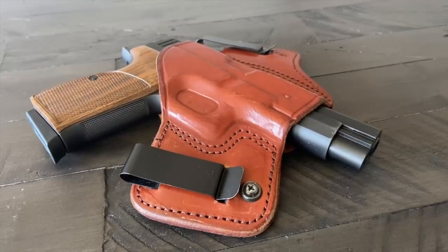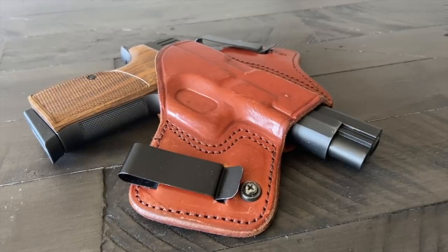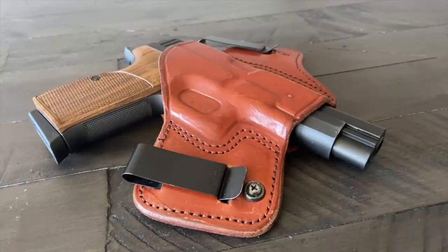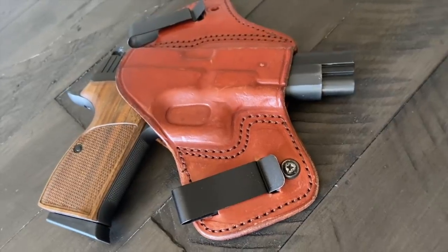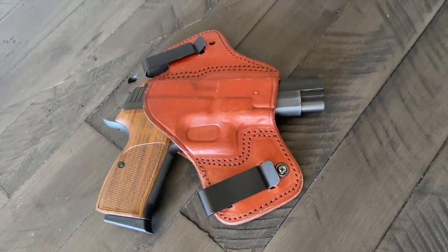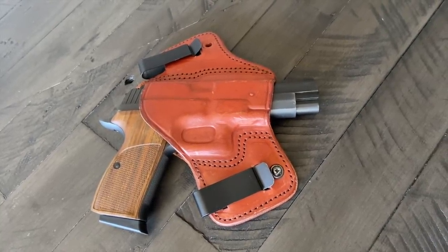Number 4, inside the waistband, 2 prongs. Now, this is kind of a difficult gray area because it depends on who makes the holster. I have this Tagua holster that I've had for at least 9 years now, and I love it because I use it for lots of different guns. If I'm going to conceal carry a full-size gun, meaning, you know, not a full-size subcompact, but I'm talking about a full-size 17 to 20 round double stack gun, this is, in my opinion, the best way to